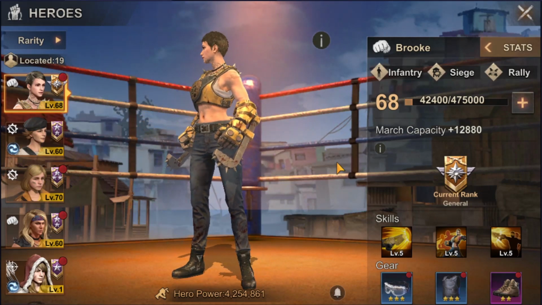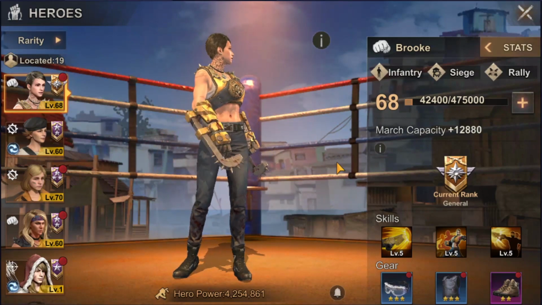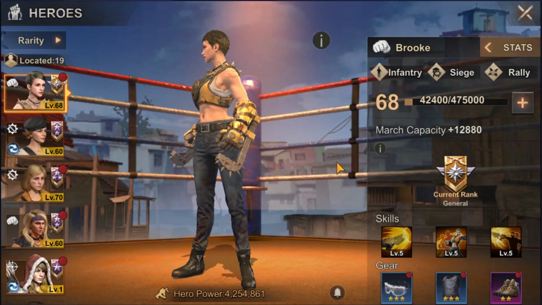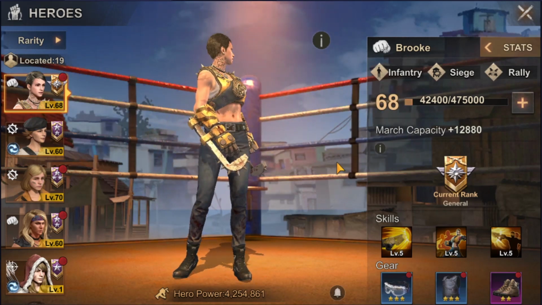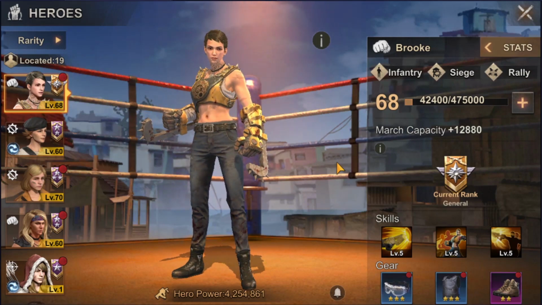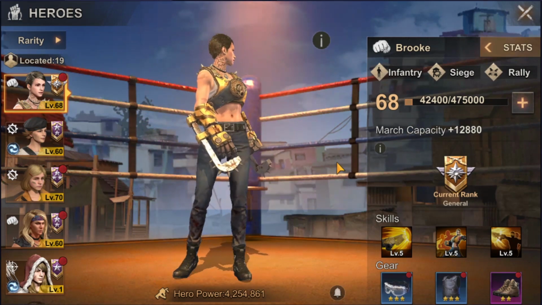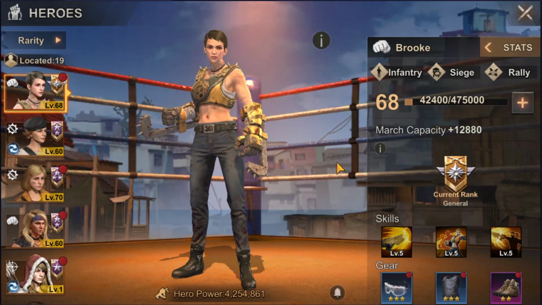What I was surprised to hear about, because I didn't expect that to happen, is that the state versus state fights were also adjusted and are going to be 12 hours instead of 24. Personally, I think that is not a good change. I voted to reduce the Capital Clash to 12 hours myself because I cannot invest that many hours over the